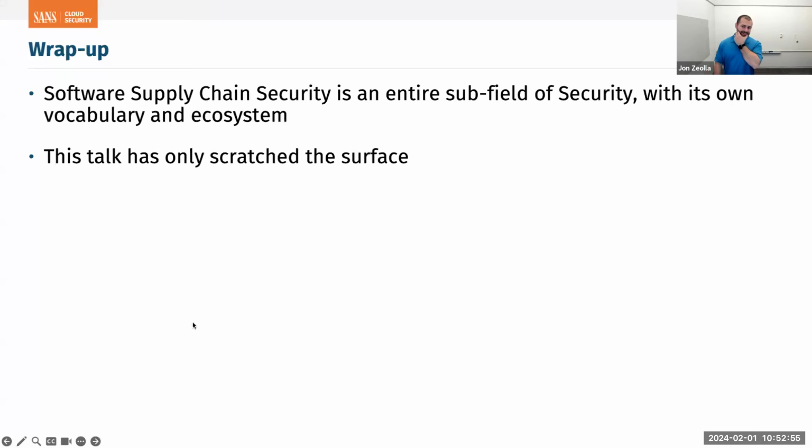So, quick conclusions. We've only scratched the surface of this whole ecosystem. This is its own subfield of security. It's got lots of point solutions today, lots of problems, its own vocabulary, really its own whole ecosystem. There's a lot to it, but it's a really important problem. We've got the executive order. We've got a 750% year-over-year increase from the 2021 Sonatype report. This problem is not going anywhere anytime soon. The impact is getting bigger. We have more code reuse. So this is just the start of talking about this problem.